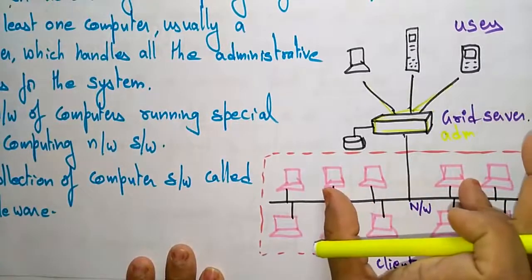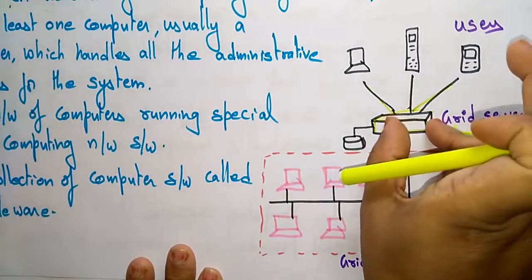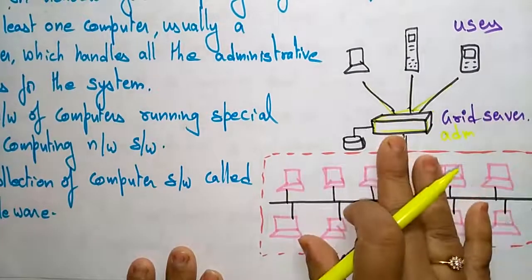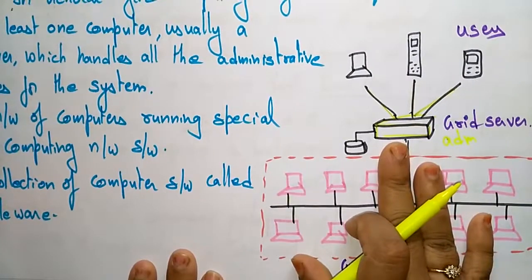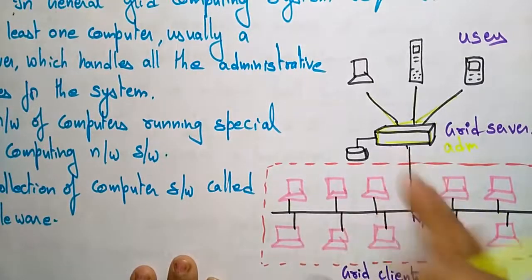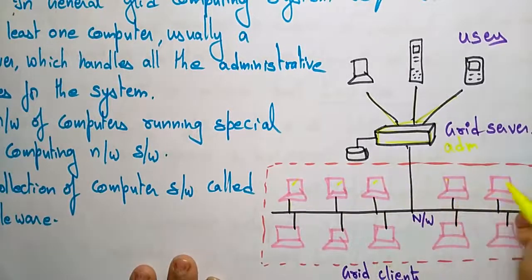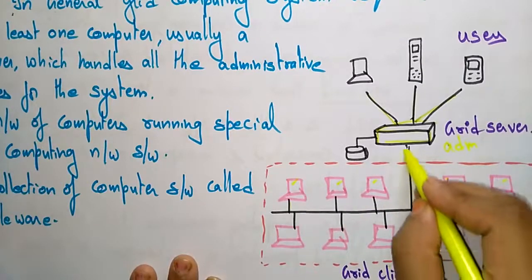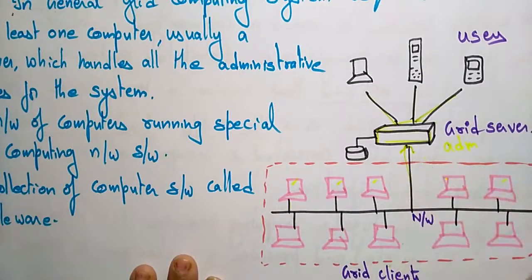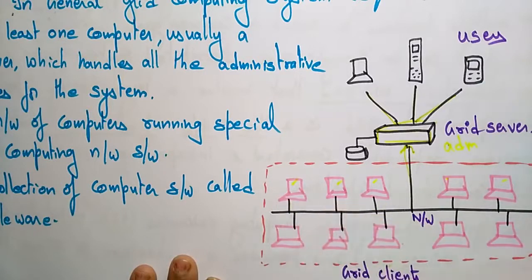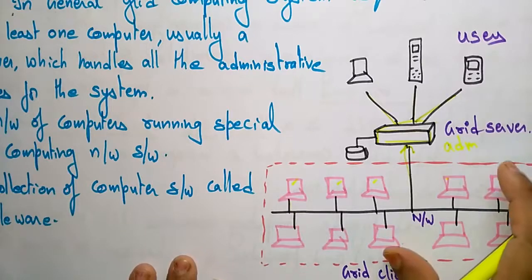So it's a software system and this is the hardware. It's a server. With the help of this connection, data will be distributed to achieve the same goal. A workload will be divided into different systems. Finally, they will give one common goal. And here one system does not interact with another system. That is the main thing you have to note in the grid server.